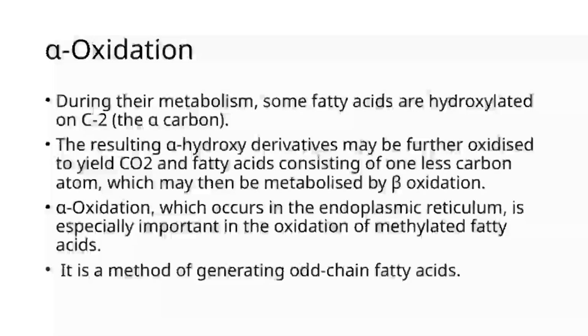This shortened fatty acid can then enter the beta-oxidation pathway, continuing its breakdown for energy. Alpha-oxidation primarily takes place in the endoplasmic reticulum, and it's especially important when dealing with methylated fatty acids. These methyl groups can make beta-oxidation tricky, so alpha-oxidation provides an alternative route. In fact, alpha-oxidation is a key method for generating odd-chain fatty acids, which are less common but play important roles